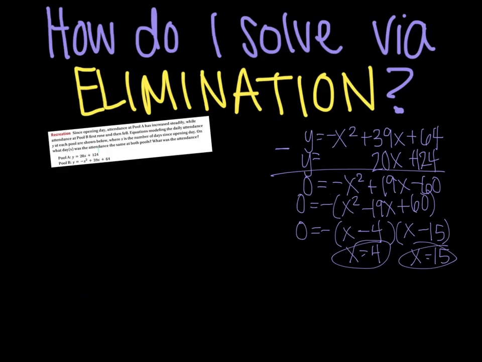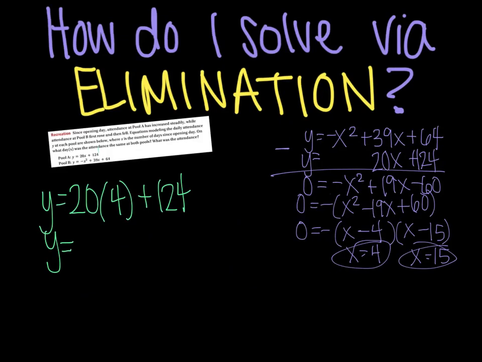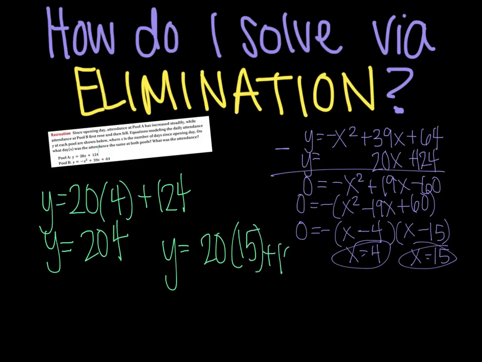So I'm going to go back and use y equals 20x, and x is going to be 4 in this case, plus 124. So y equals 204. Or your other option is y equals 20 and x is 15 plus 124. And then in this case, y equals